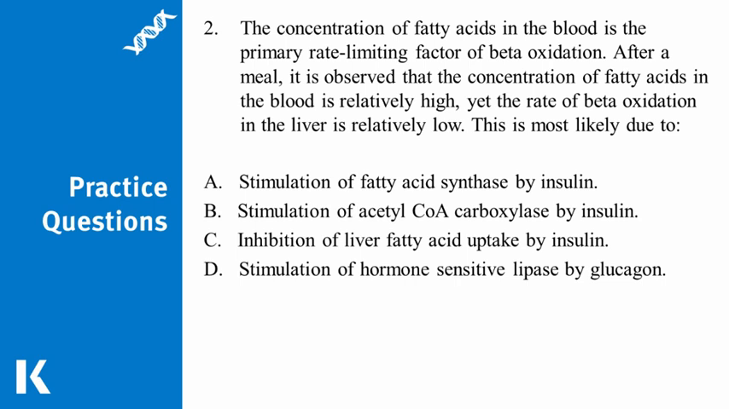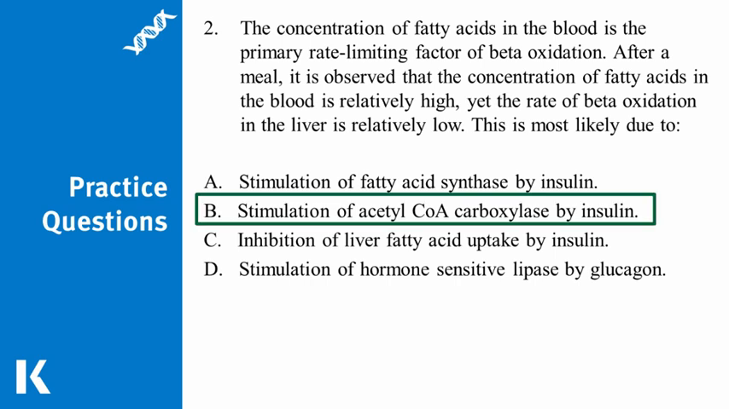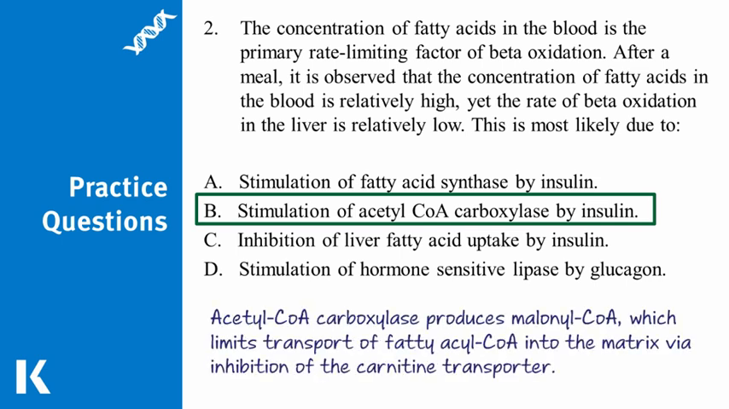This second question is asking you to think about why beta oxidation is inhibited after a meal, despite high fatty acid concentration in the blood. The answer is B. Low beta oxidation is due to the stimulation of the enzyme acetyl-CoA carboxylase by insulin. Acetyl-CoA carboxylase produces malonyl-CoA, which inhibits the carnitine transporter, thus reducing fatty acid transport into the mitochondrial matrix where beta